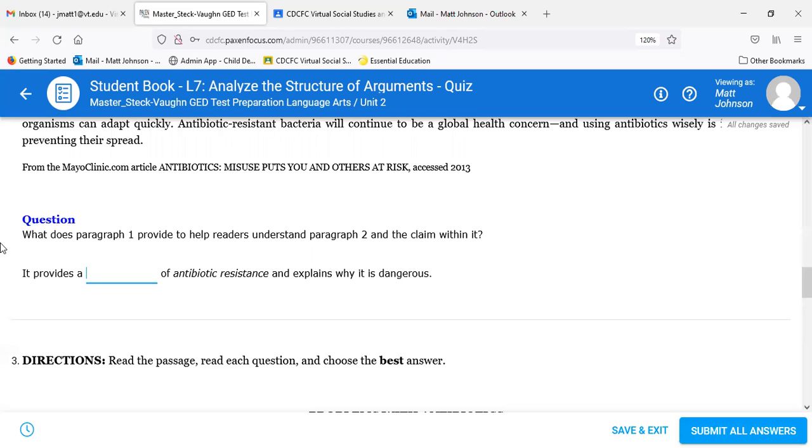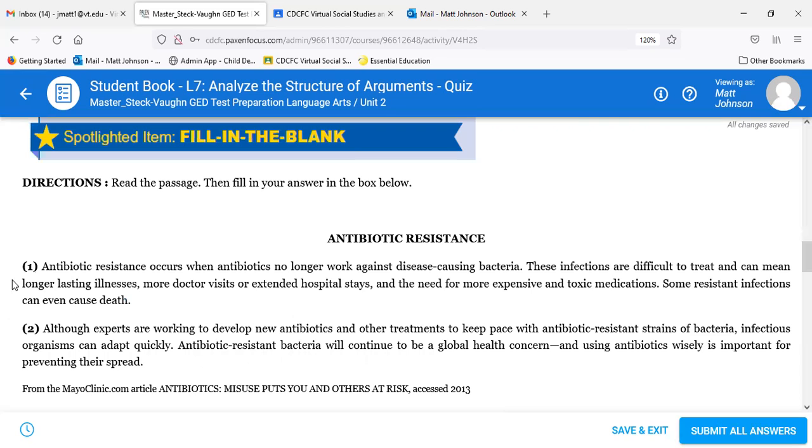So it's a definition, right? Definitely. Thinking about the context there, it provides a definition of antibiotic resistance and explains why it's dangerous. So it lines out what that means. And then for 2, what it wraps up with is, using antibiotics wisely is important